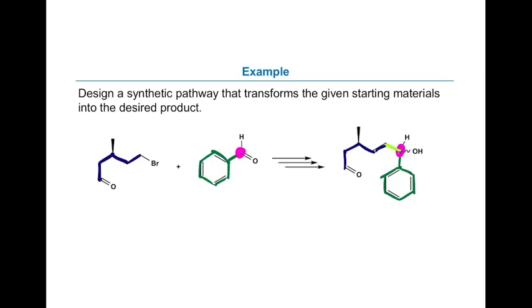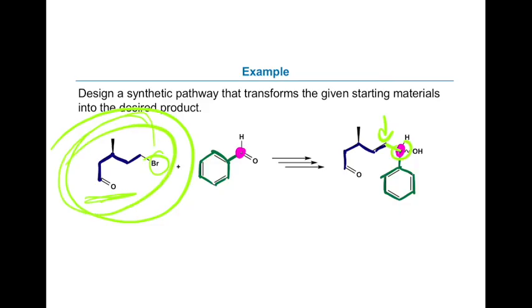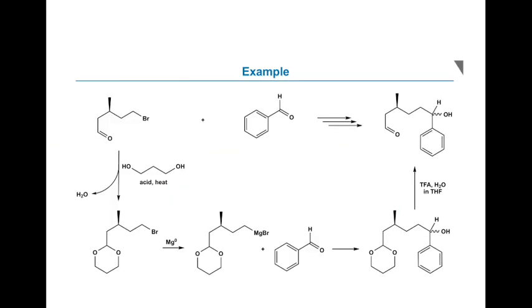I could do this by a Grignard reaction, right? I'm taking the negatively charged center here and adding to this carbonyl. If I had to just make a Grignard here, and I've got this aldehyde, this will just eat itself. Because the Grignard, I can take that alkyl halide, I can take magnesium. If I made a Grignard and I leave that more reactive aldehyde together, that is just going to react with itself. So what I need to do is the protecting group waltz.